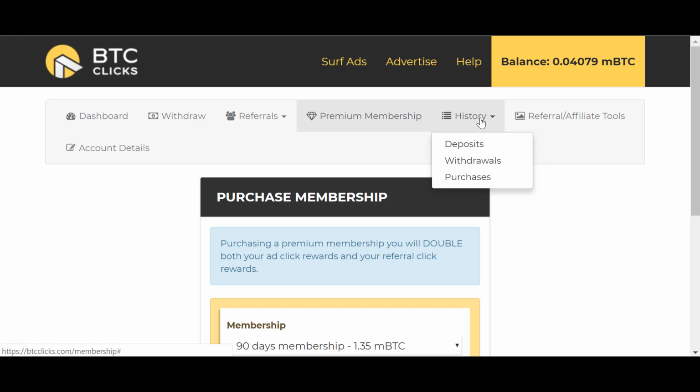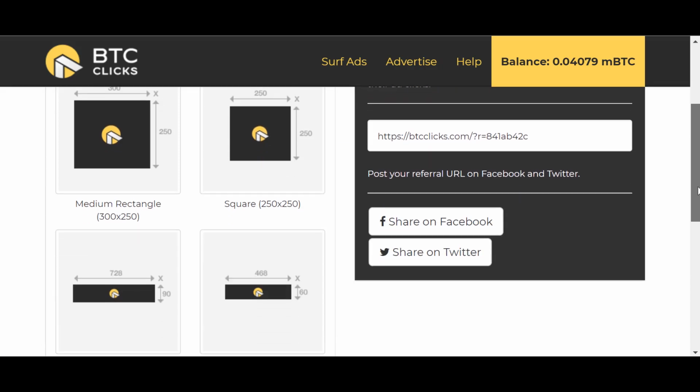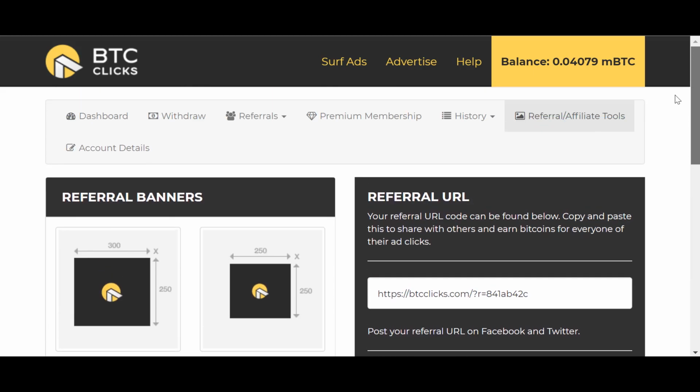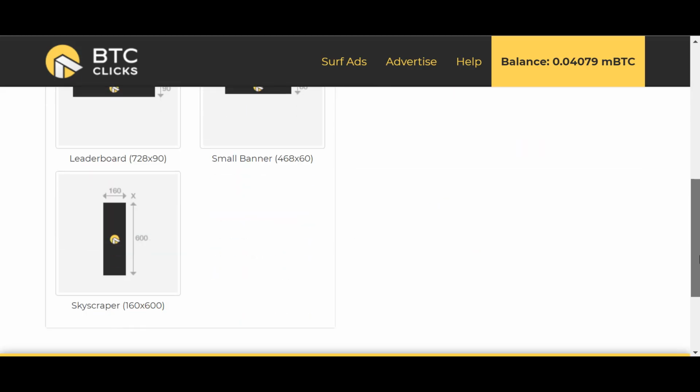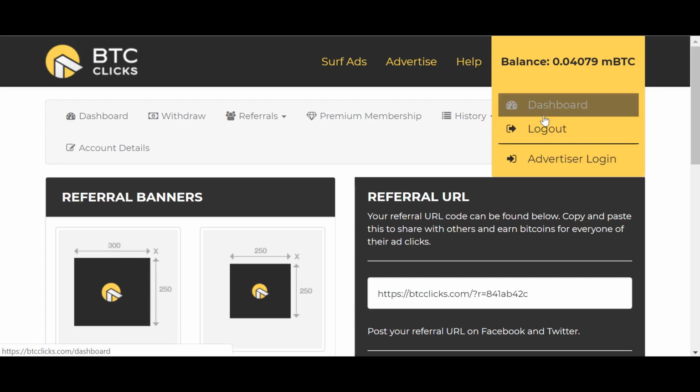This shows history, deposit, withdrawals, purchases. Okay, that's pretty standard. Referral affiliate tools. Here's your banners or whatnot. I would not advertise for referrals on BTCClicks unless you absolutely know someone who's in CryptoTab. If you communicate with your CryptoTab referrals at all, or if there's people you know, friends, relatives that are interested in CryptoTab browser or earning free Bitcoin, and you want to help them earn free Satoshi to advertise, that's the only time I would probably mention my